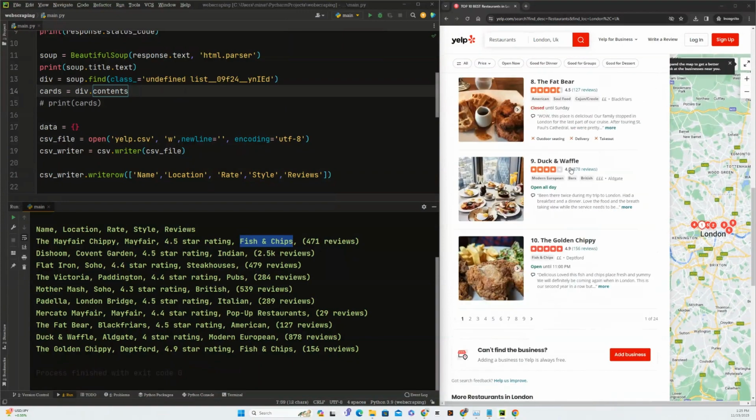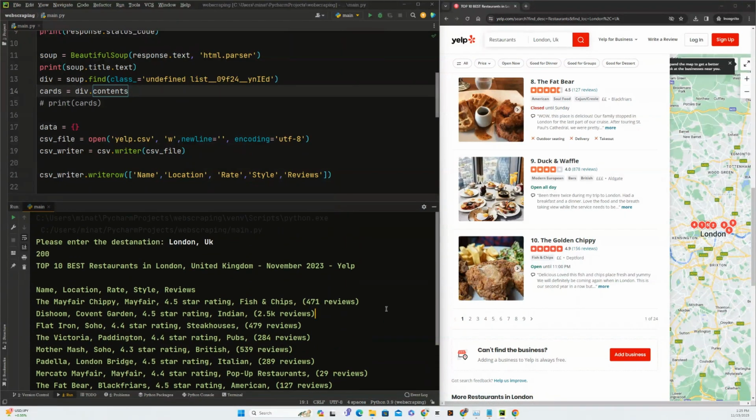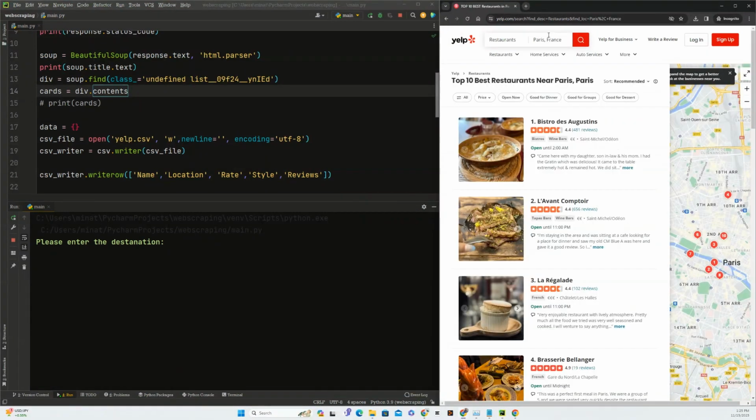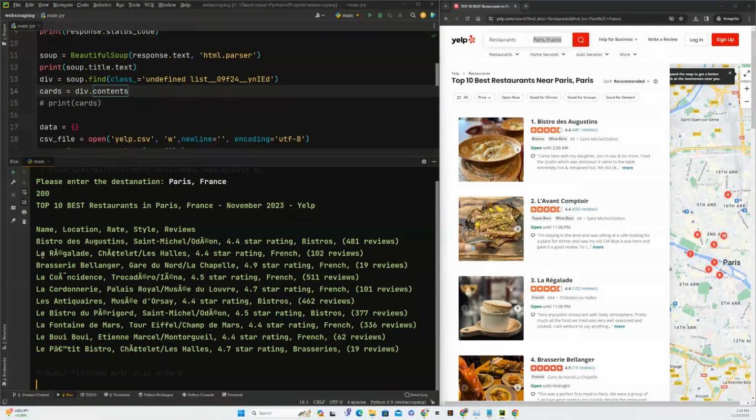And also, let's go to the last one, the Golden Chippy, and we have it here, and it's also reflecting the same data. Also, we can look into other places. So let's take here Paris, France, and let's copy that, put it here, and let's see what we are going to get. All right, so we got the first one, Bistro de Augustine, and we have here the location